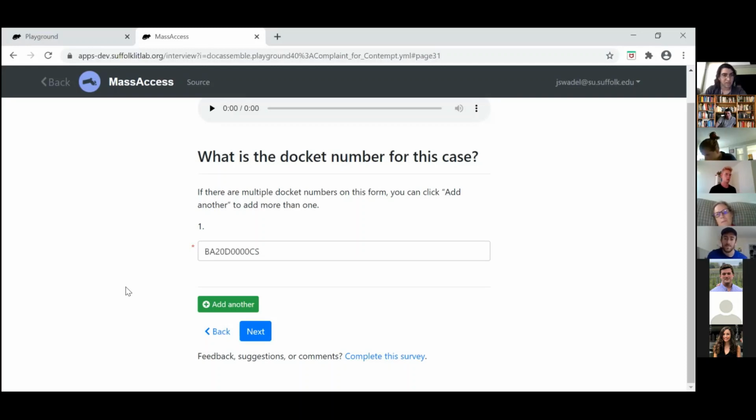What's happening? Sorry, what are we trying to squish? Docket numbers into a space on a PDF. This is the thing that you've asked about a couple of times, how we're going to deal with it. It looks like it could comfortably fit like 3, but you could have more than that. You're limited only by how many children there are, which could be like 10, and space on the PDF. So, Kate, what would you do if you had 10 docket numbers? You can only fit 3 in the space.